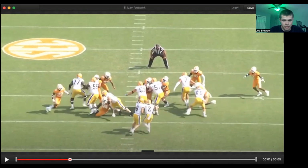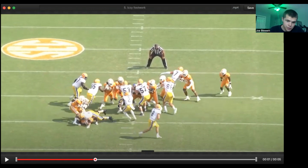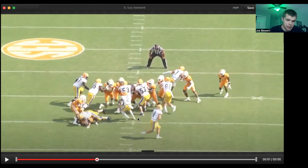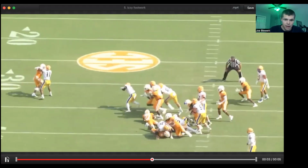Because it's another thing where you're talking about not taking full strides. Because if you're going to take full strides, you're going to work up towards the line of scrimmage, towards the defenders. So we're going to see him reduce his footwork. Left step, right step doesn't come fully up. It almost works like a skip step where it comes basically even to his left foot, allowing him to burst off the instep to get to the outside to his left, burst off the instep to get to the outside, works through an arm tackle, and then